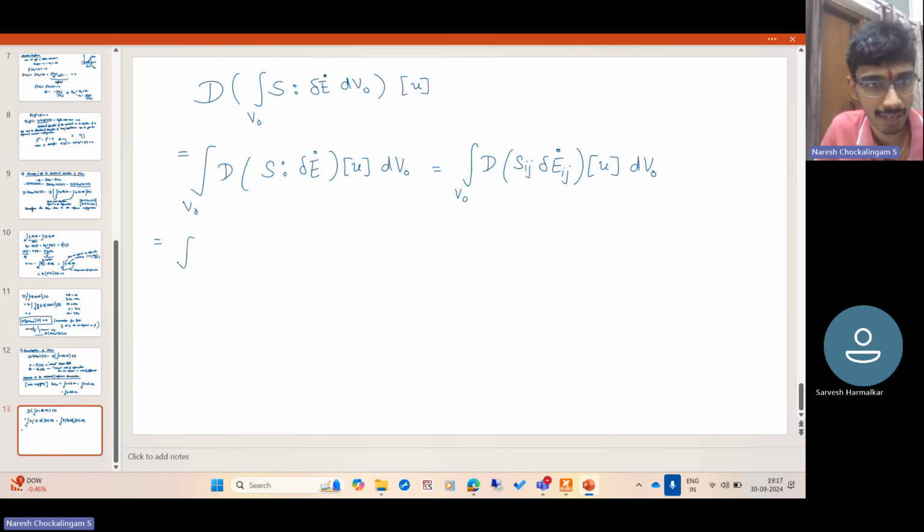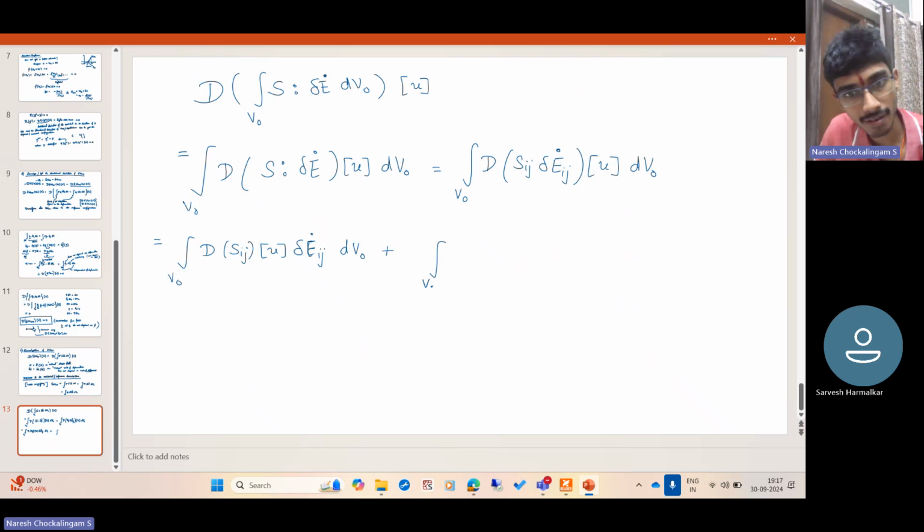So it is the integral over B naught of dS_ij in the direction u, times del E dot ij, the virtual rate of Green-Lagrange strain, dv naught,